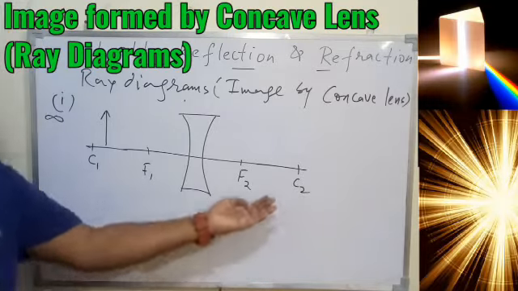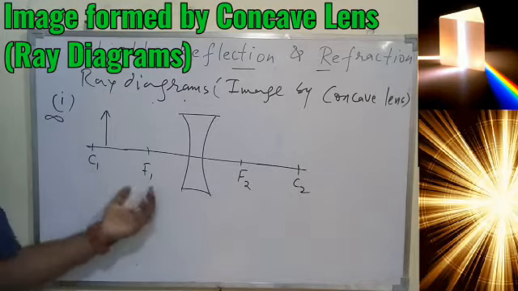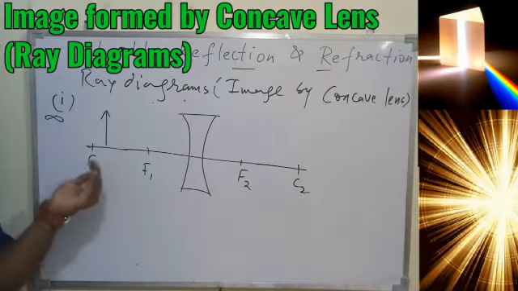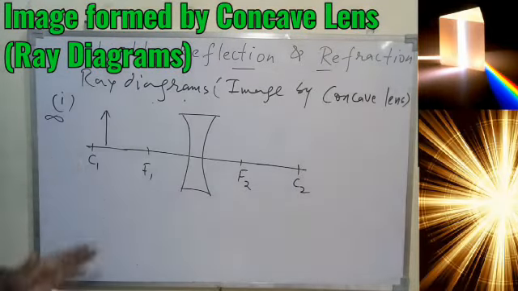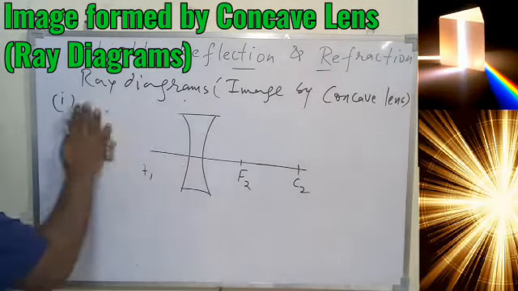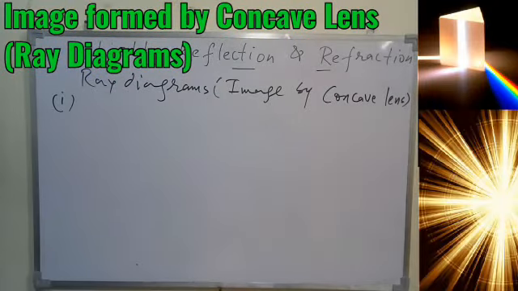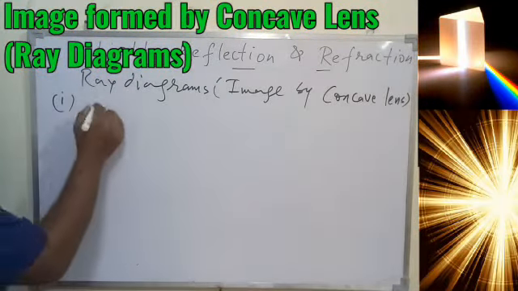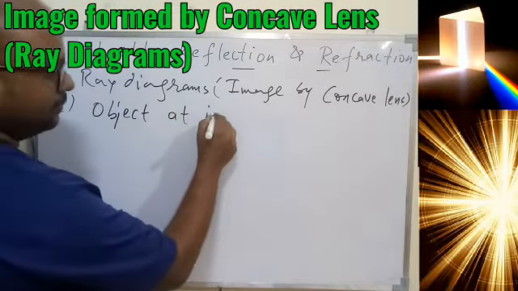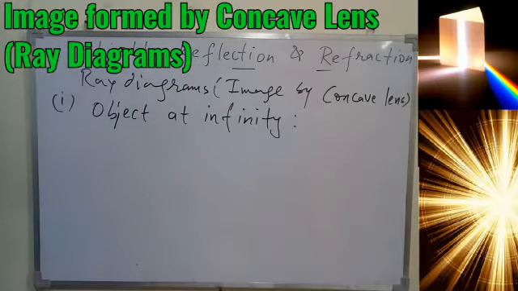But in the convex lens, this is before the lens, so we are able to apply this concept. But here for the concave lens, we have F2, C2 on the other side, and we have to place the object on the left hand side. That is why we just have two conditions, so you have to remember that. That is for the concave lens, like we did for the convex mirror, where we only had two conditions. Here also we have just two conditions. Object at infinity is the first condition we can take for a concave lens.